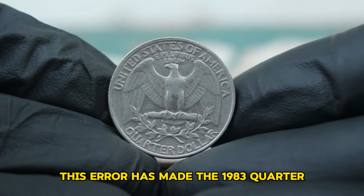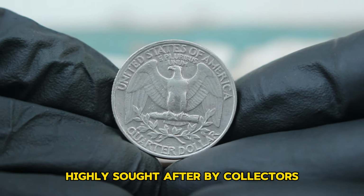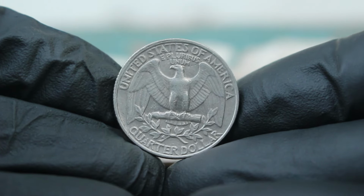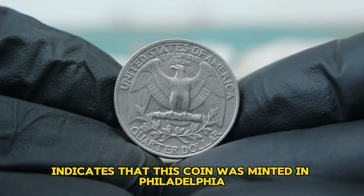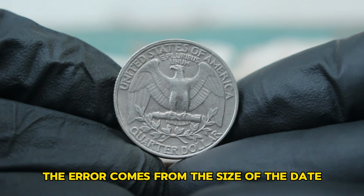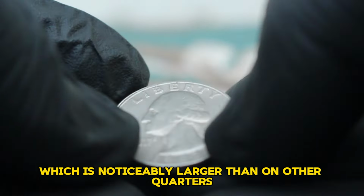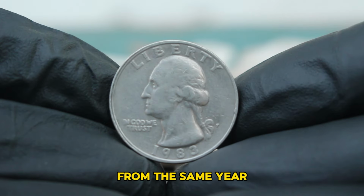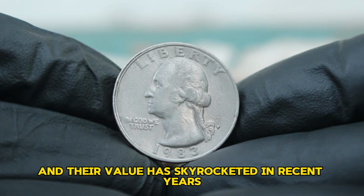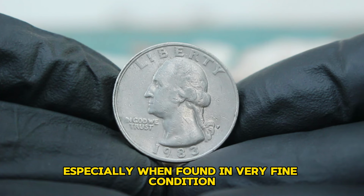This era has made the 1983 quarter highly sought after by collectors, especially when found in very fine condition. The P mint mark indicates that this coin was minted in Philadelphia. The error comes from the size of the date, which is noticeably larger than on other quarters from the same year. These error coins are rare, and their value has skyrocketed in recent years, especially when found in very fine